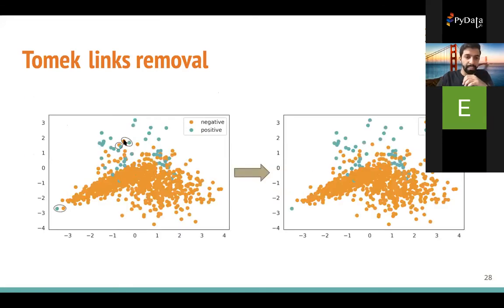For example, we see here, this is a Tomek link because this orange point is the closest to the green point. This green point is the closest to the orange point, and they're of different class, so we remove them. These two are the same. This one is the closest to this. This is the closest to this, different class, and similar to here. And we see all of these 3 orange points are removed. The green points, which are from the minority class, are preserved.